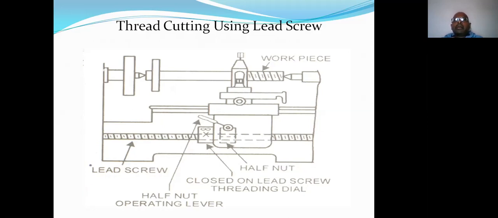So observe, this is the workpiece. Generally, thread cutting operation is performed on longer jobs. That's why it is fixed in between the headstock center and the tailstock dead center. Suppose the length of the job is small; even for thread cutting operation, there is no need to support the other end or free end of the job with the tailstock center. Remember, whenever the L by D ratio is more than 4, only in that condition is the support of the tailstock center or dead center required. If the length of the job is small, there is no need to support the free end or open end of the job with the help of the tailstock center or dead center.